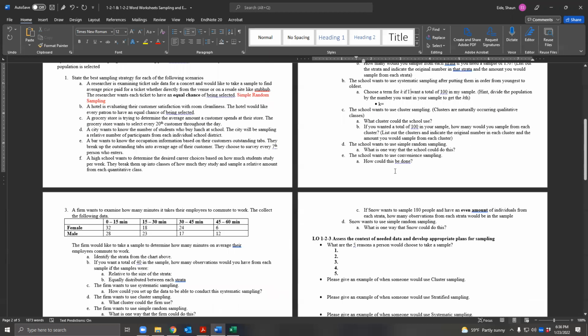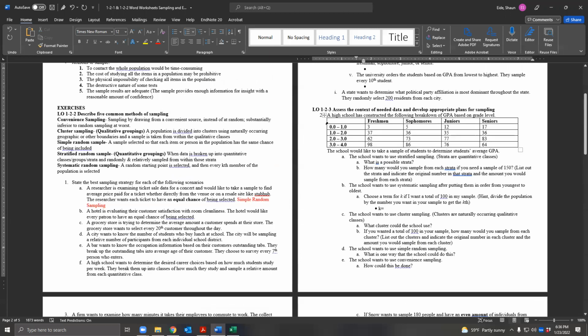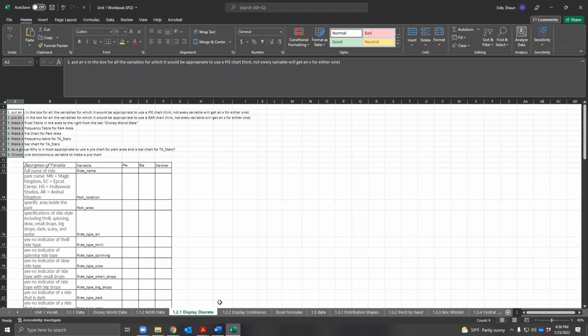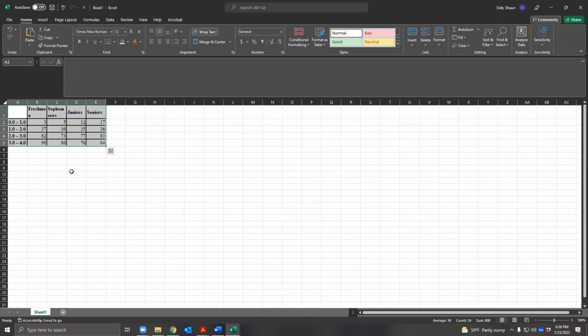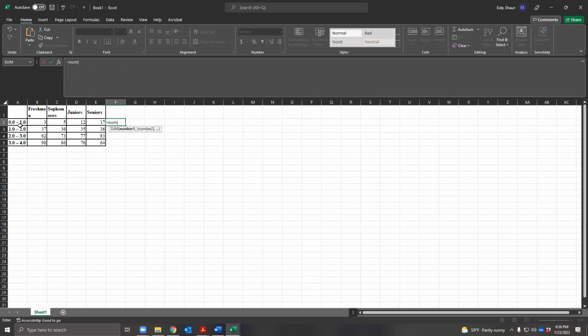So I'm going to show you really quick how to do this, because you're going to need to do this in the future. So I'm going to go ahead and copy this, Control C, and I'm going to go into Excel. So I'm going to go File, New, and I'm going to put this right here. And so I need a total of 150 from each strata. So the first thing that I'm going to do is find the total in each strata. In order to do this, I do equals sum, and I add up all of these values. So sum parentheses, and then I highlight all of them, and then you can just drag them down. So now you know you've got 37 in this group, 144 in this strata, 295 in this strata, and 324